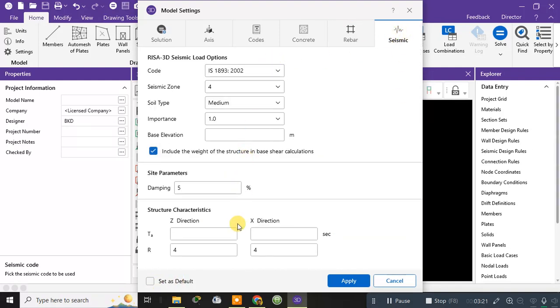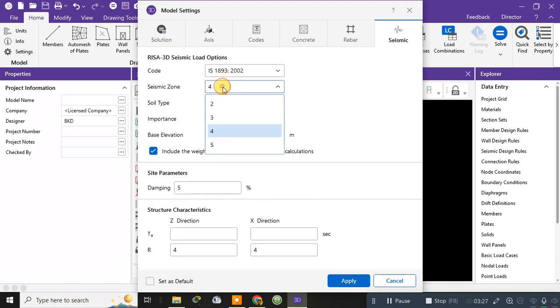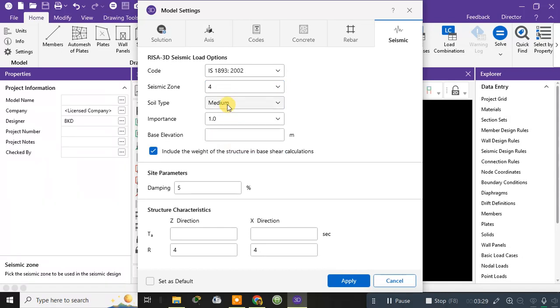Then these are the various seismic values. This one is the IS 1893 earthquake resistant design code, selected by default. Seismic zone selected by default as 4. Soil type medium, importance factor 1. Then the base elevation I have to set at the time of designing. So these are all selected by default. Okay. Now,